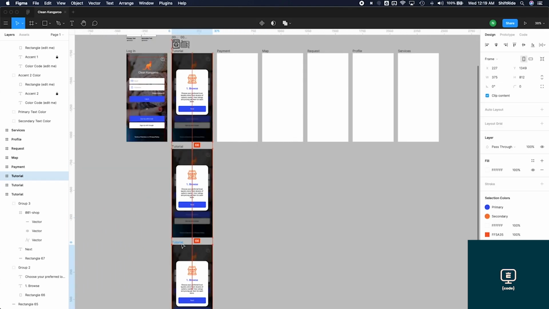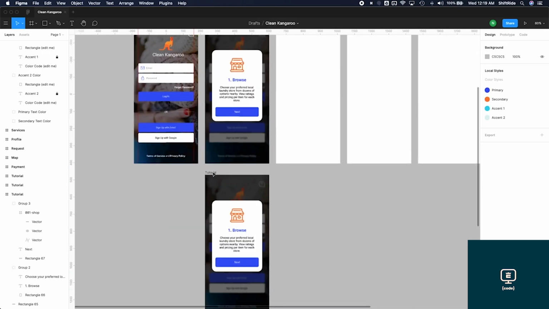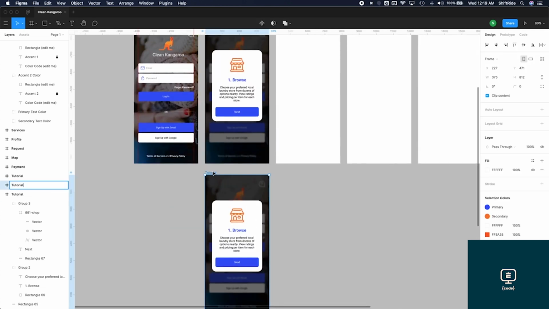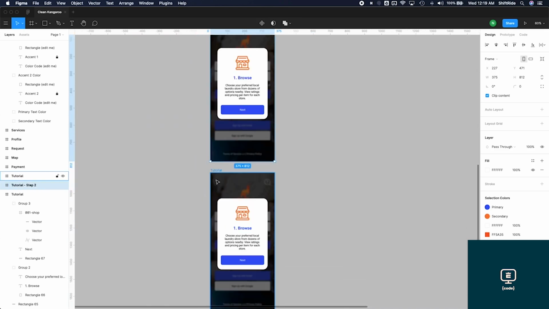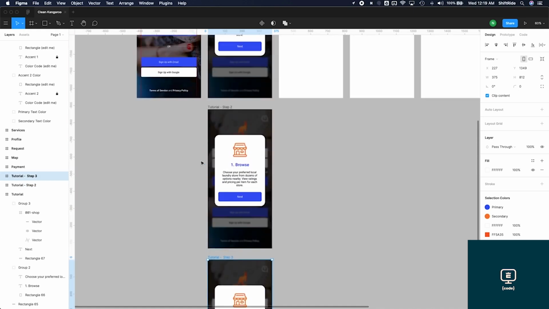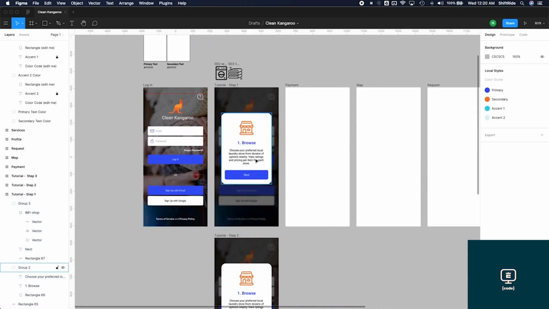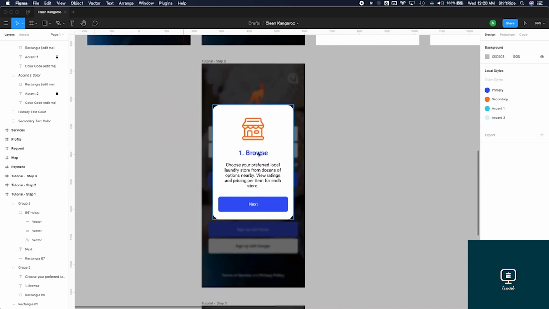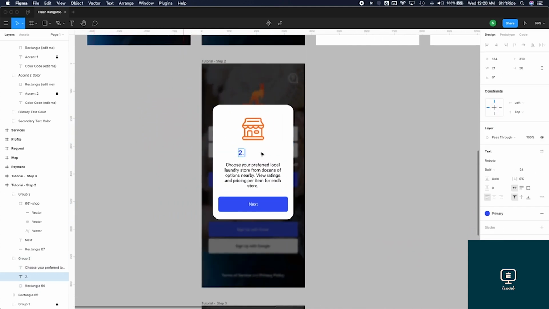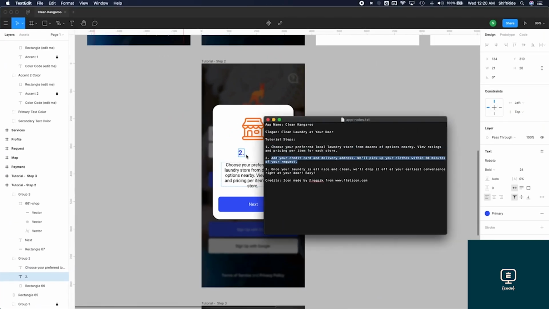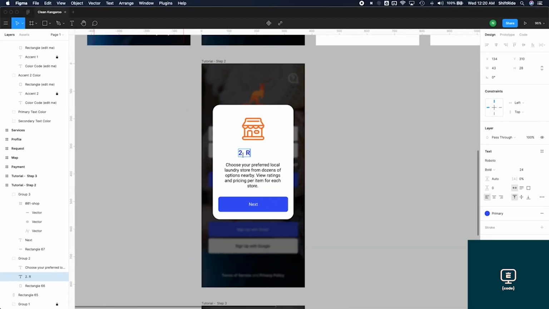And doing the same thing over here. So then let's go ahead and rename this one to tutorial step 2. Rename this one to tutorial step 3. And then of course, let's do tutorial step 1. Now we're gonna go ahead and just quickly change the content in here. So let's do 2. Let's go back to our text file here, and it looks like this one's about request. Paste that text into here, and then let's go ahead and